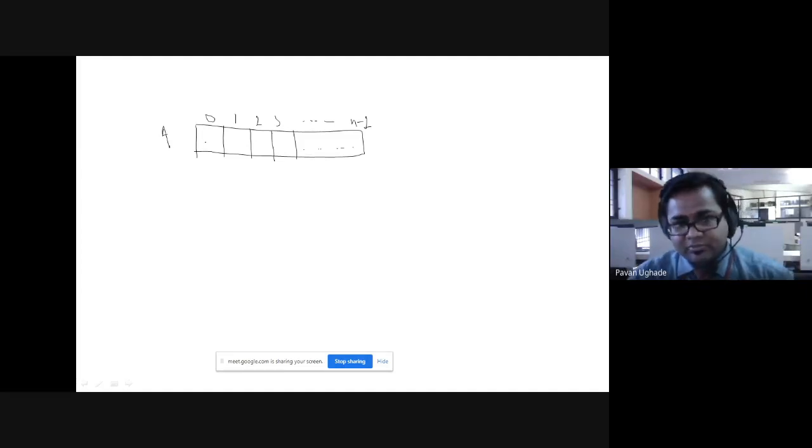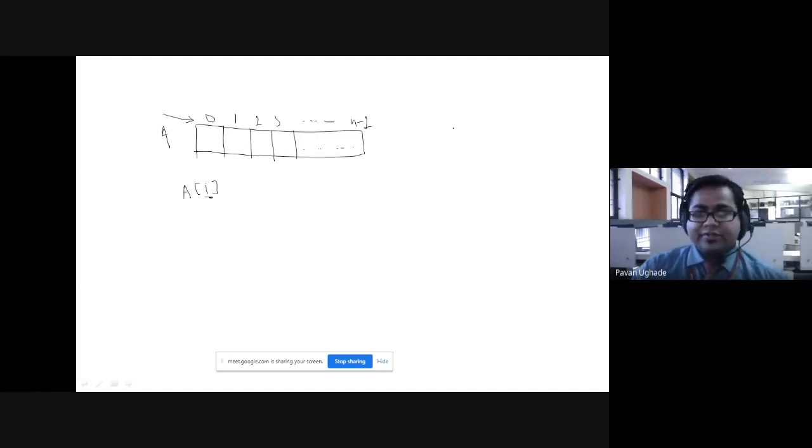If it is the array named A, we will be accessing it through the name of the array and its respective index value. Generally we consider I as an index value. These are the I indexes. This is a one dimensional array.